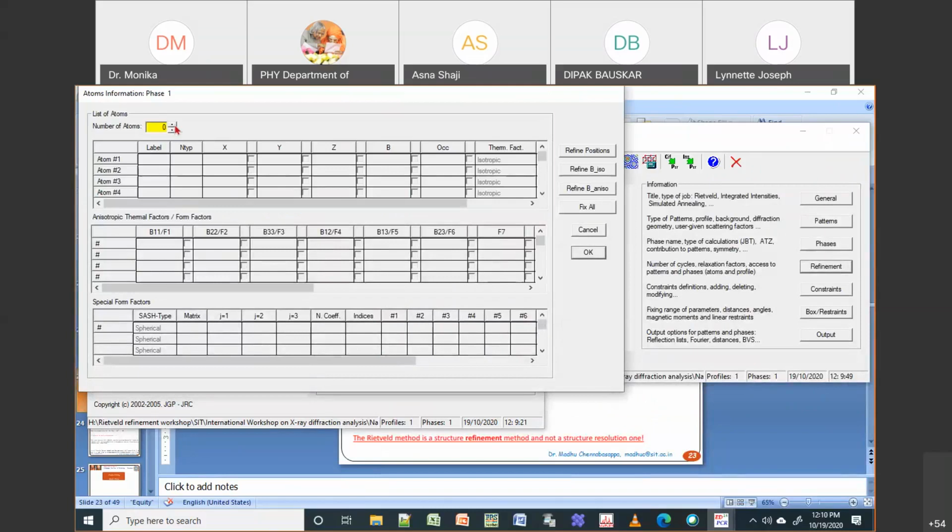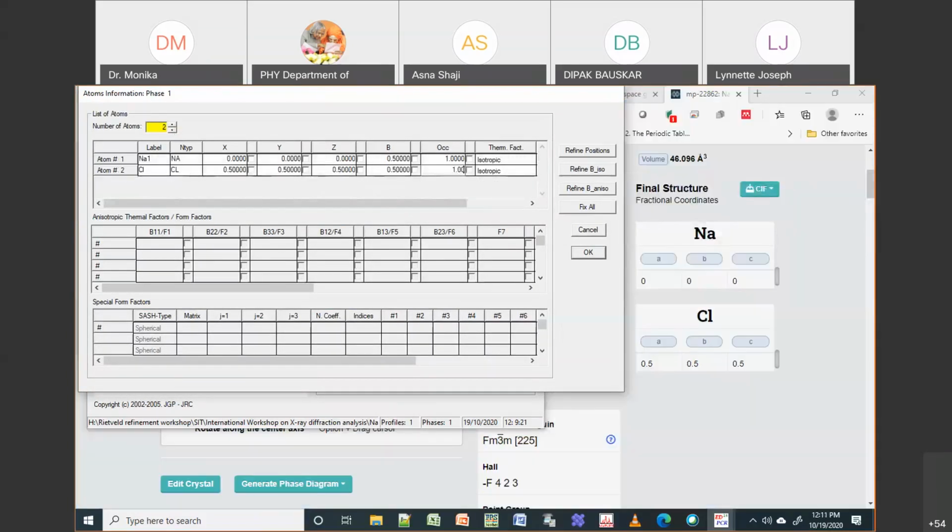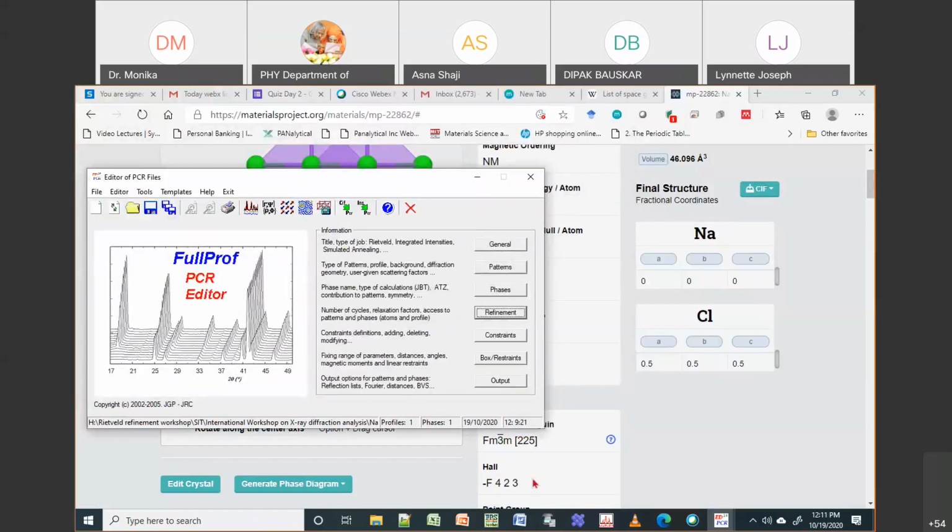Now let us come back, and you can ask why I put 1. So now if you go to this WinPLOTR, go to tools, there is something called space group information. If you click this, then it will open a new window. Here you have to just enter the space group. Either you give Fm minus 3m and then enter, or you can just put 225 and then enter. I'm just giving Fm minus 3m, then enter. So if you see here, there is one more window. In this window, I just have to go up.